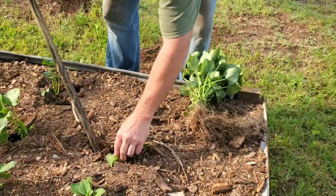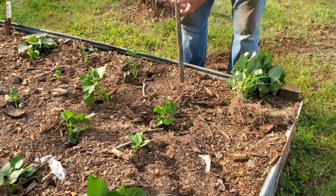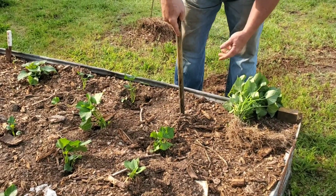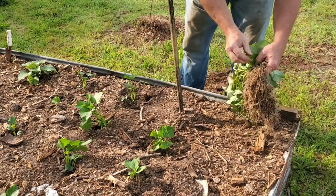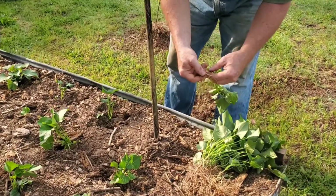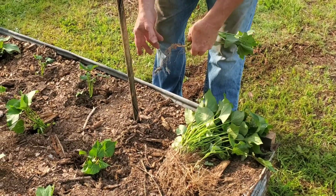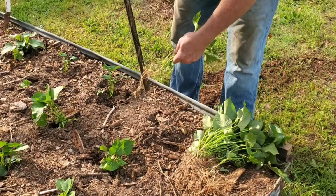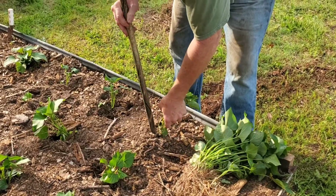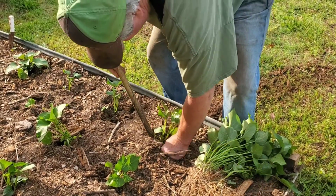Now this is how he's planting his sweet potatoes. I didn't take a forked stick, but... Oh, that's okay. These are called potato slips, sweet potato slips. Look at that. Beautiful, beautiful. Yeah, I think you can pull up some of those that were mail ordered. Well, I didn't know what...